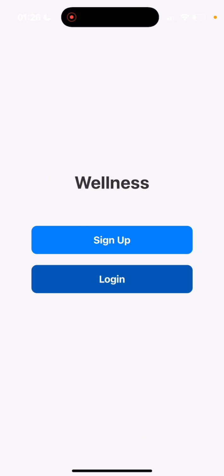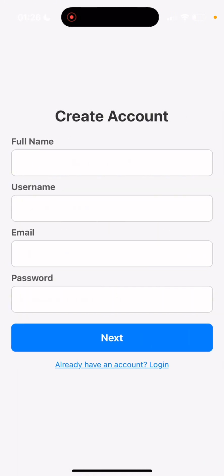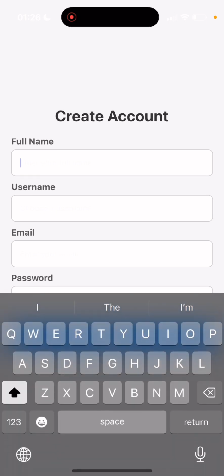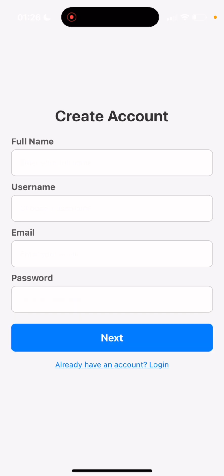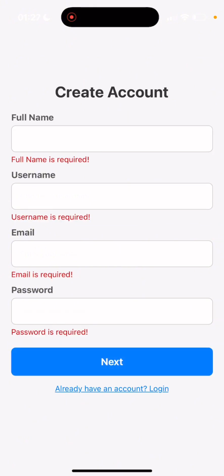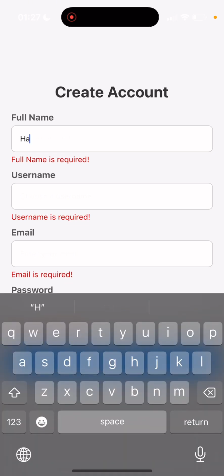So let's click on the sign up button here. To create a new account, we have to fill these fields. Before we fill these fields, let's check what happens if we don't fill these fields and click on the next button. Okay, so we are required to fill these fields before we can proceed further. So I'm going to put the full name,